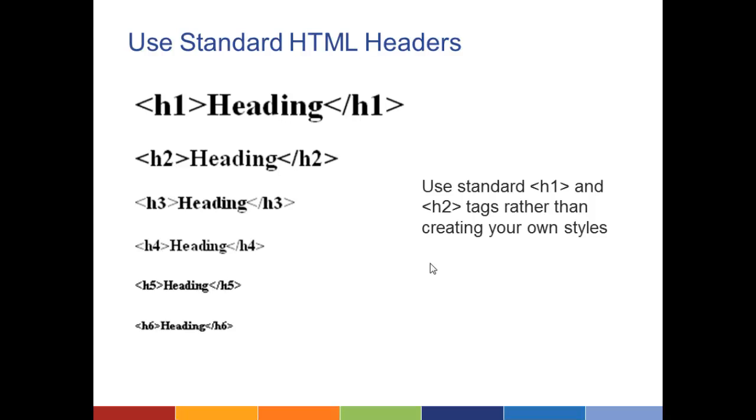Fantastic. Another area of not breaking things that work automatically is using standard HTML headers. In your code, make sure that you are actually using the H1 and H2 tags to designate your titles and subtitles. And you can style them however you want. You can put a style sheet behind it so they show up really pretty and match your site. But if you define your own style, so if you instead have something that says header 1 and you just arbitrarily name it that,